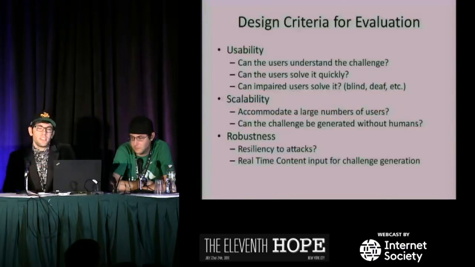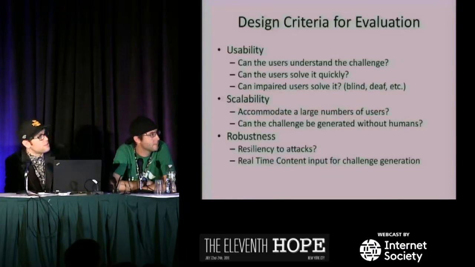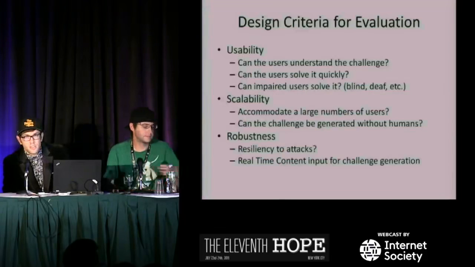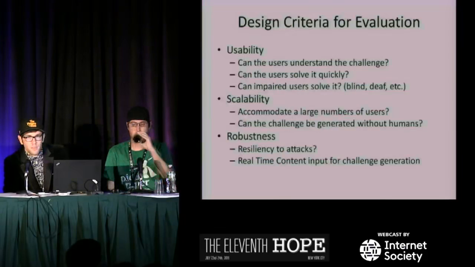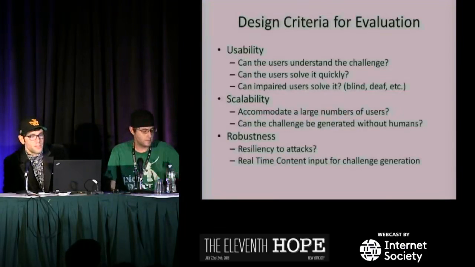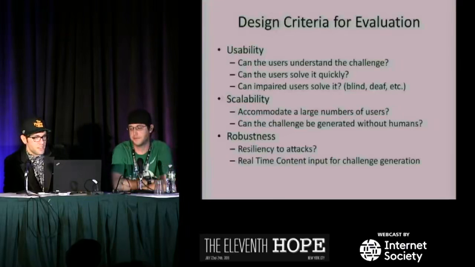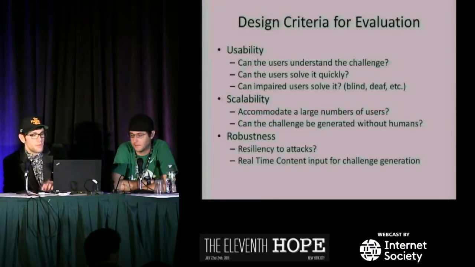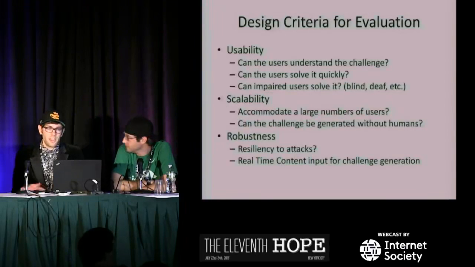So now we'll come to the criteria for evaluating a design. There's three major criteria that we care about: usability, scalability, and robustness. So when we think about these ideas, we have to ask ourselves a couple of questions, right? Usability is key. If humans can't solve it, your CAPTCHA is garbage, right? Whatever it is you come up with, it's no good. So we want to make sure that users understand the challenge, right? When we say challenge, that is the question posed to the user to verify their humanity. That's what a challenge is. So when we say, enter the letters into the following text field, that's the challenge, right? So can the user understand it and answer it quickly?